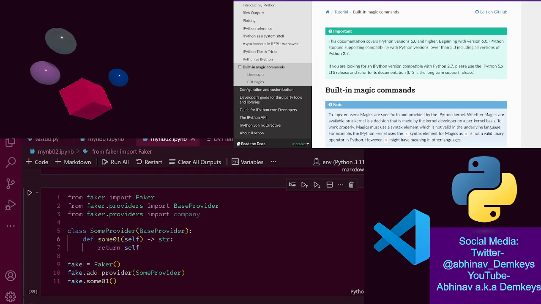I had seen magic commands being mentioned on and off here and there. I just never really understood the idea behind them, the concept behind them. And today I did research and finally understood what's going on. And dude, it is super convenient. So, the way that I got to this point was,